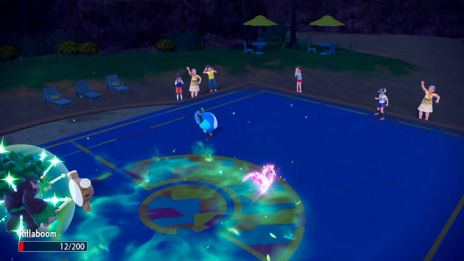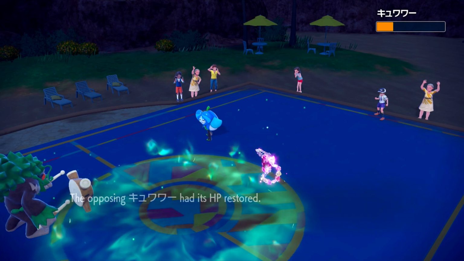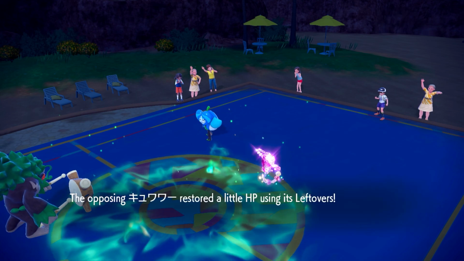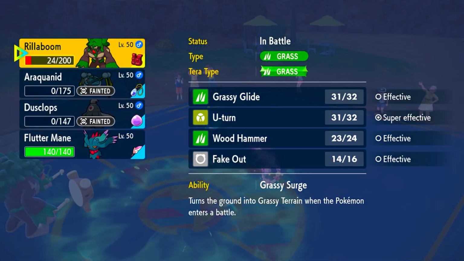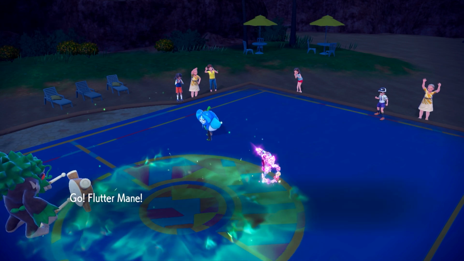Unfortunately, our Araquanid is gone, but you know what, I had a ton of fun using it, and the play with the Trick Room with the Dusclops is quite fun, catches some people off guard. Okay, we're all getting those Leftovers there, a little bit of HP back. And of course, the Twisted Dimensions have returned to normal, which is just in time for us to bring in